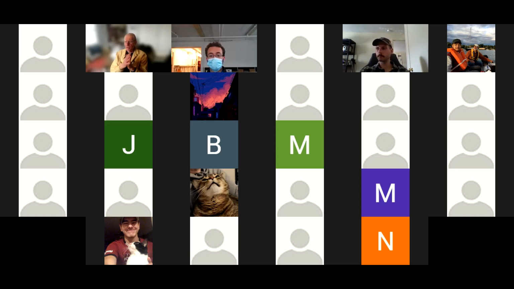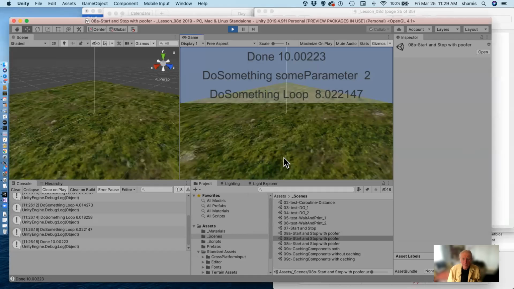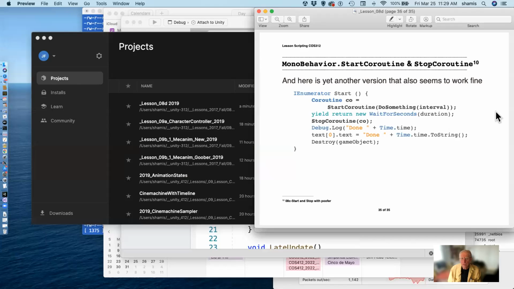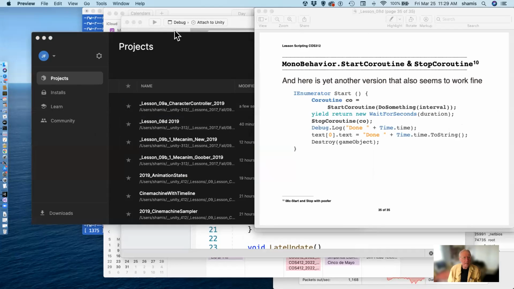Okay, well, I believe there's some readings and other examples about coroutines. So I want to go on to the next stuff that we're doing here. I want to start talking about making characters. And in particular, I want to talk about the character controller, which I alluded to